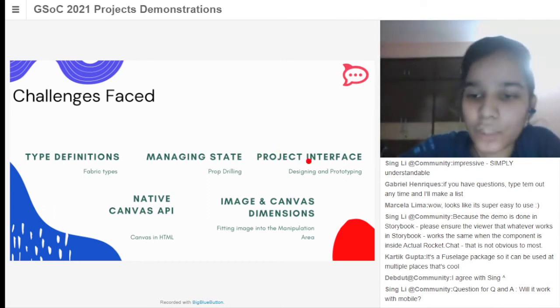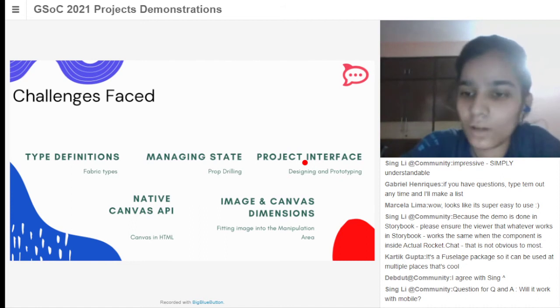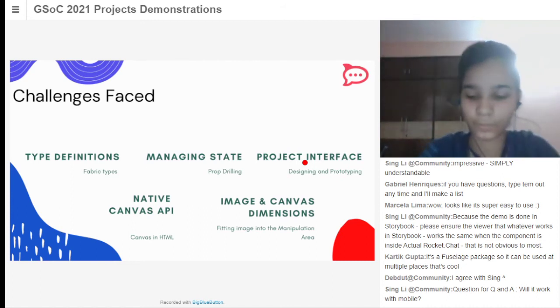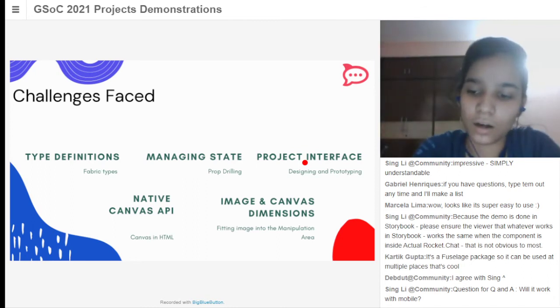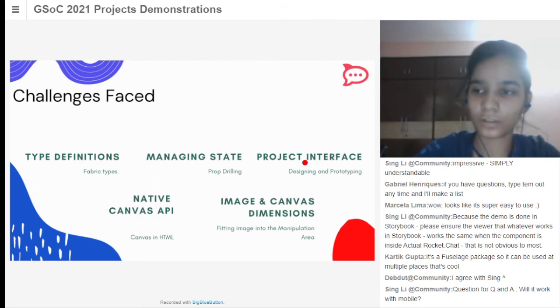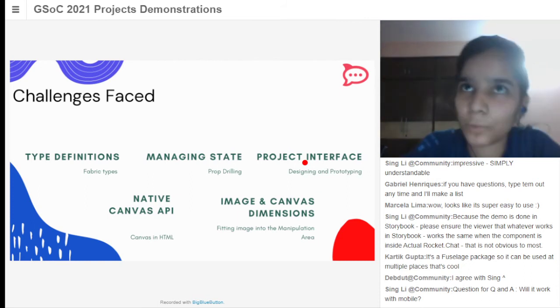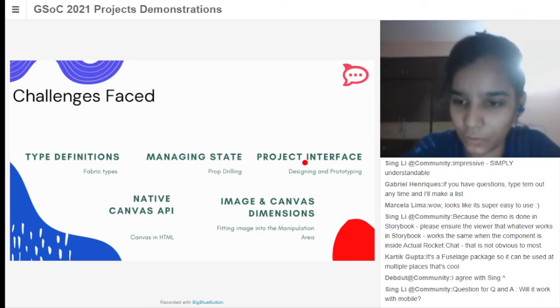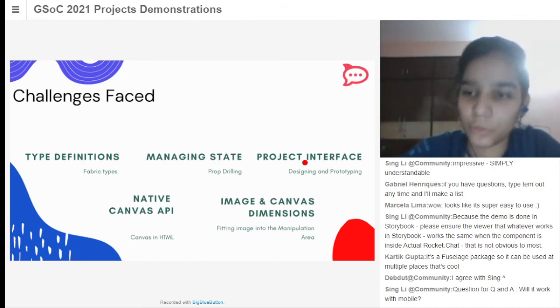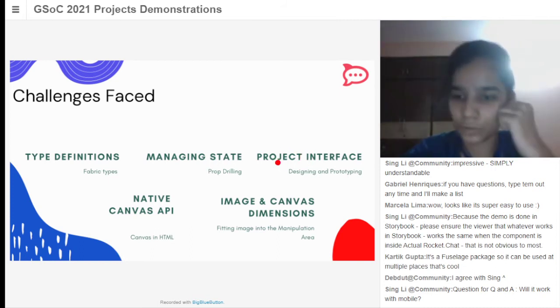Then we have the project interface: defining the structure, how it will be presented, how the code will work, the code structure, what the best optimizations should be, what the initial structure should be, and where we should prototype it. That was the project interface.